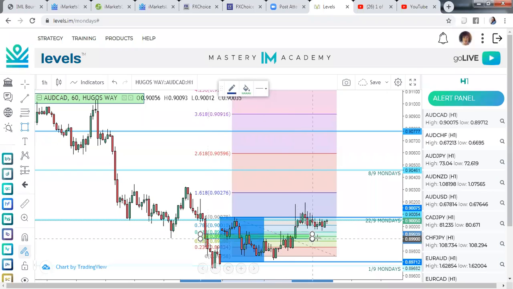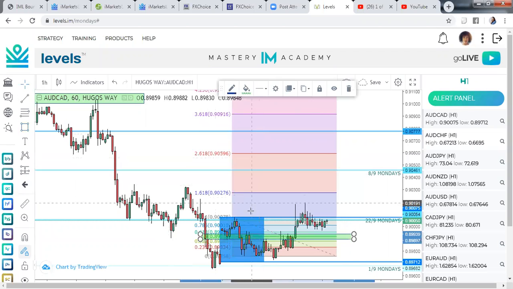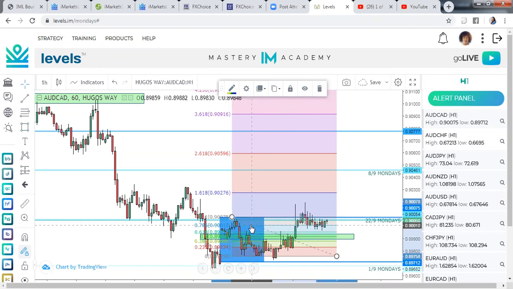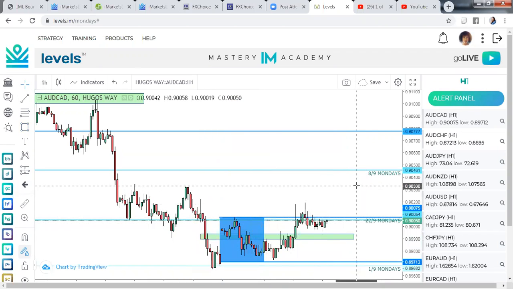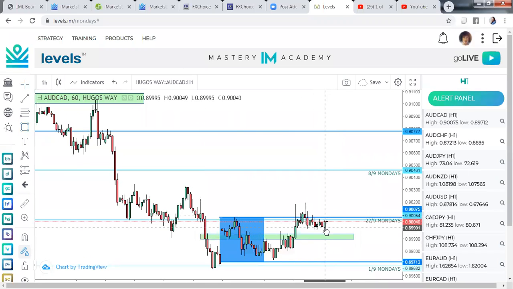here, right? Remove the Fibonacci. And what did we get here? We actually got the market breaking above the Monday high. So now we're looking for the market to go back up, right? So now you can do a buy limit around here, right? So your buy limit would be,